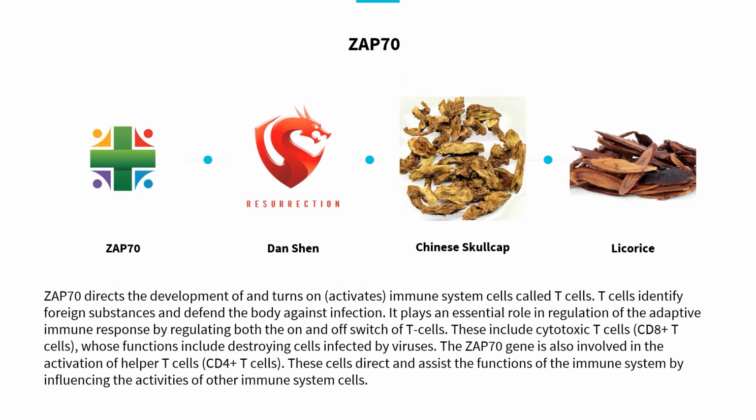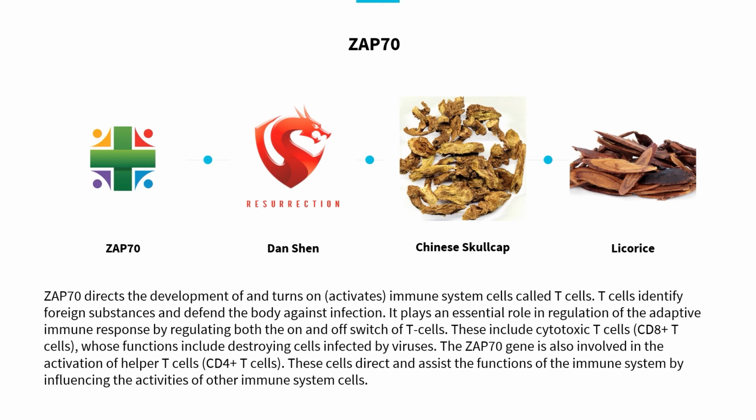As mentioned, ZAP70 is the flip side, or the other side of the coin, of spleen tyrosine kinase, and both work together. ZAP70 directs the development and turns on, or activates, the immune system cells called T cells. T cells identify foreign substances and defend the body against infection. It plays an essential role in regulation of the adaptive immune response by regulating both the on and off switch